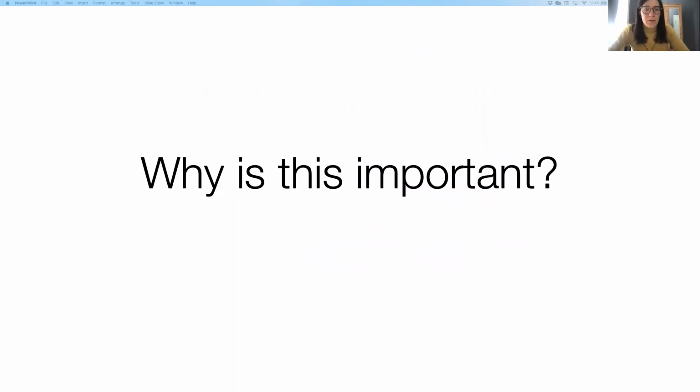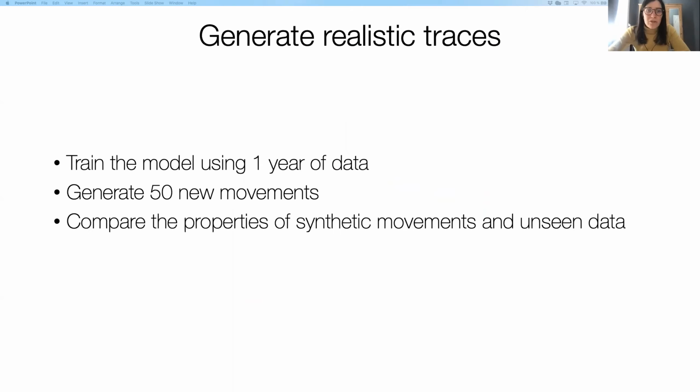Why do we care about scale? Why is this finding, this new modeling perspective for understanding mobility, important? The first reason is that we are much better at generating synthetic trajectories that look realistic and at predicting movements. So we have a new model that is better at predicting and at generating.